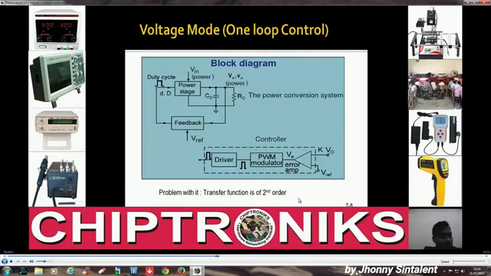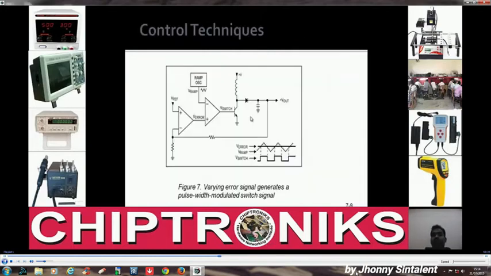I'll not explain the transfer function over here, because transfer function is again a very engineering term, and I've just written that the transfer function is basically of second order. And if we talk of current control, the transfer function is of just single order. That is more simplistic. Here we are just analyzing the output current. We are trying to control the output voltage, not trying to control the output current. But in the next slide,